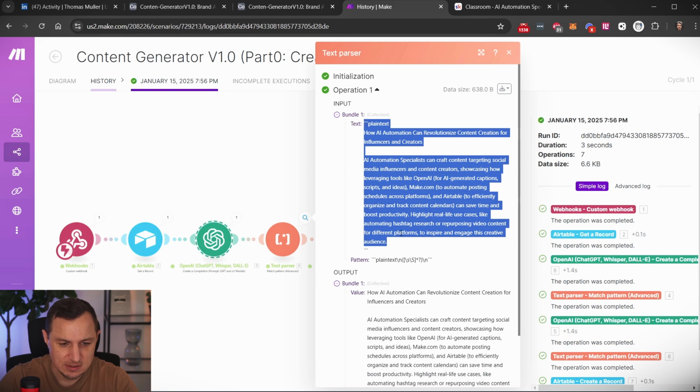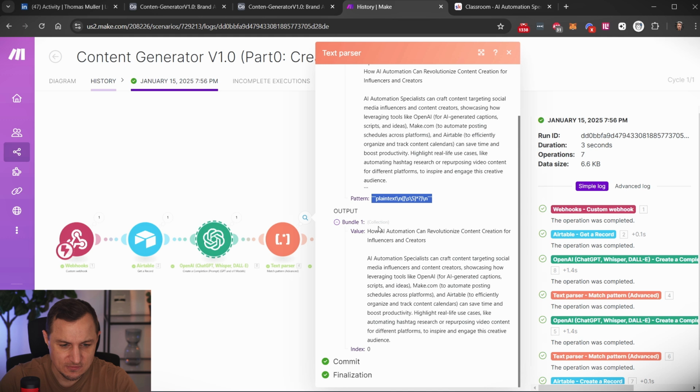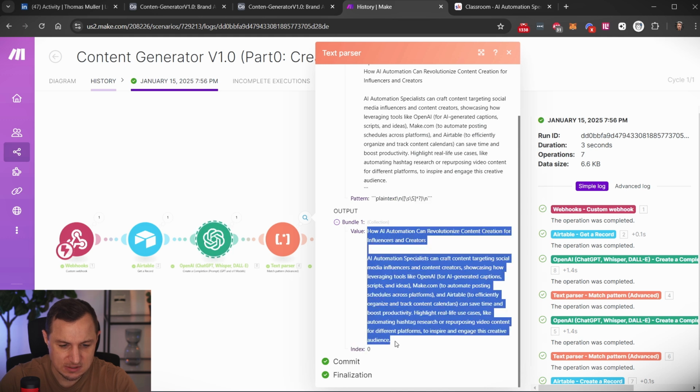So the plain text with this content. And then we just take the plain text itself. So it means we only take the text here. What this allows us to do is get rid of all the other fluff that